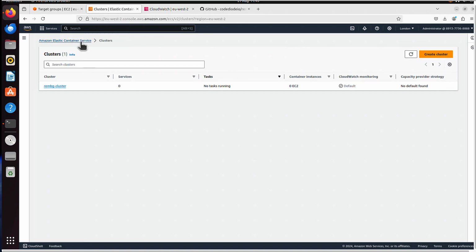You can see in our container service ECS, it says no tasks running. Task is where you define what container you want to run, how much CPU and memory you want to use for that container, and some other bits like logging, for example. We will add logging to our task as well, and you specify what resources will be allocated to those tasks.